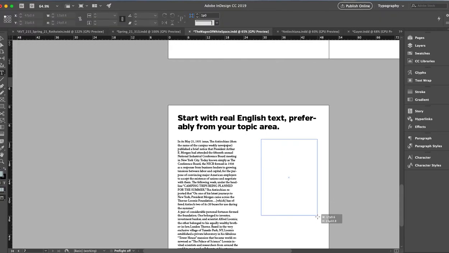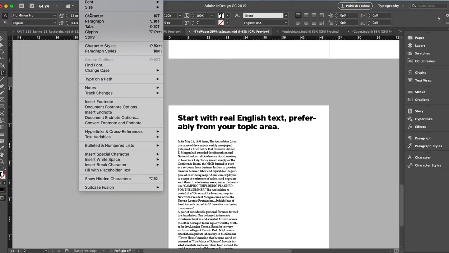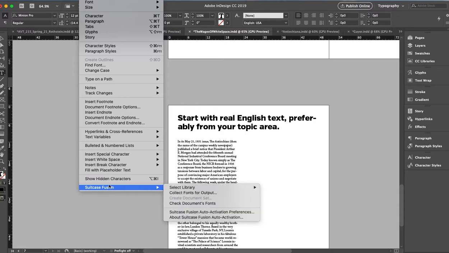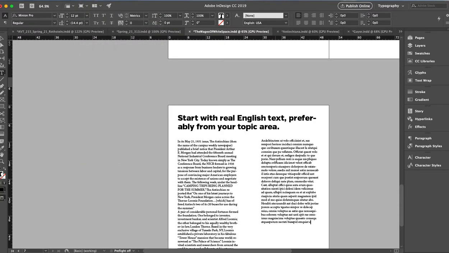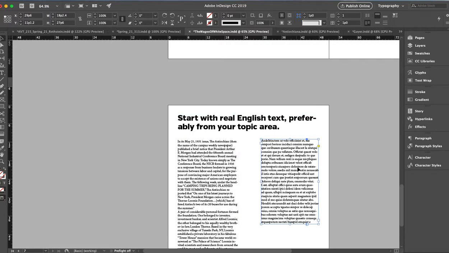So what I want you to do, we can generate text out of InDesign, Greeking. I could just make a box and say fill with placeholder text. The trouble is these words tend to be longer than most English writing. They're based on Latin, and Latin words just are quite a bit longer because they conjugate in different ways than English. So pick a regular English text and pick something that is preferably in the area of the subject you're going to write about,